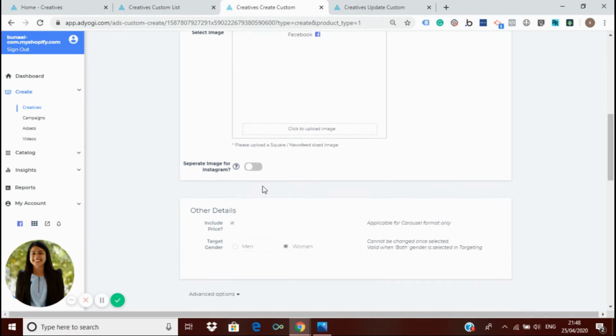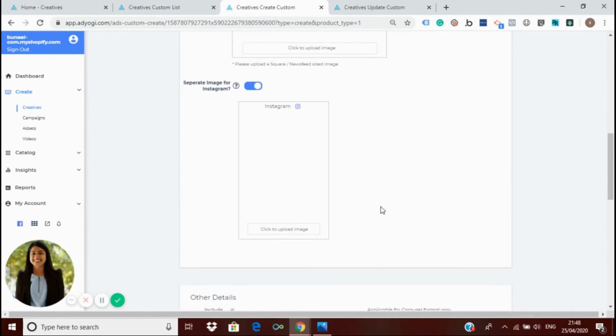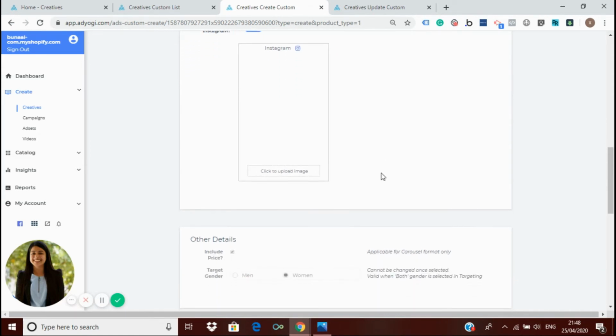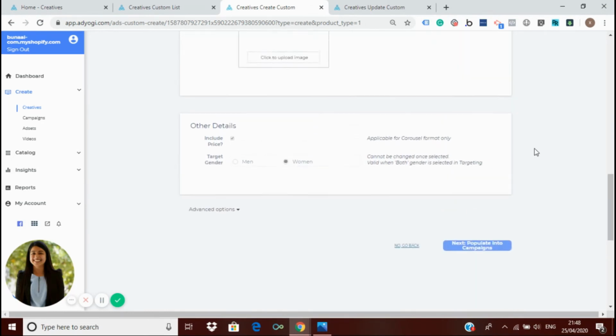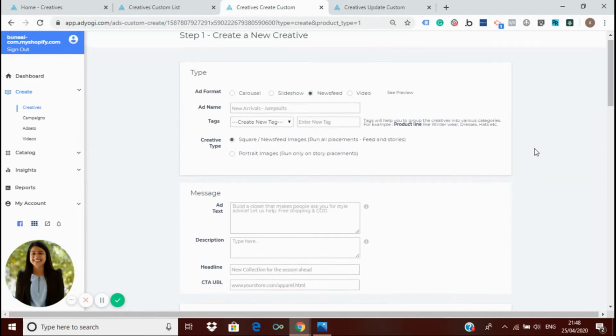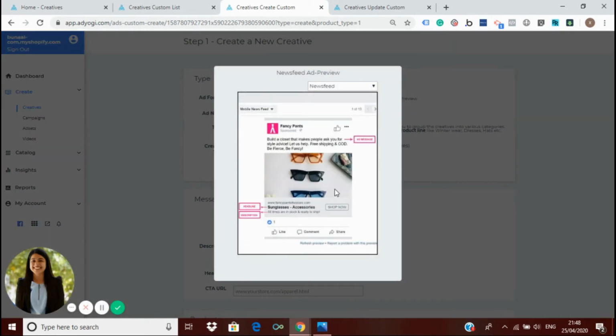And also you can upload here an image for the story dimension, so that the images will not get cropped when they are shown in the newsfeed or stories, and everything else is the same. I will show the preview also. This is the preview of the story newsfeed image.